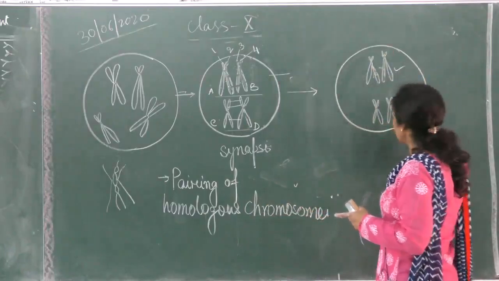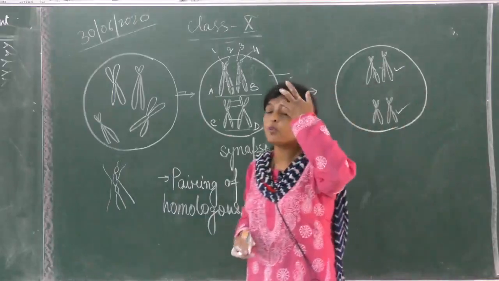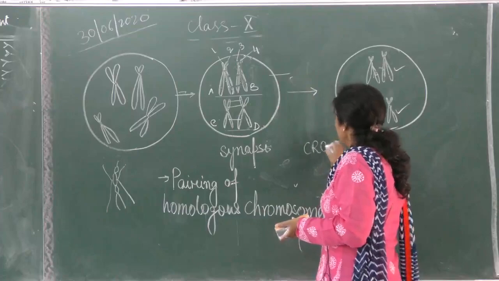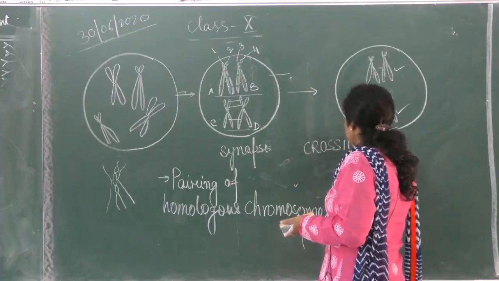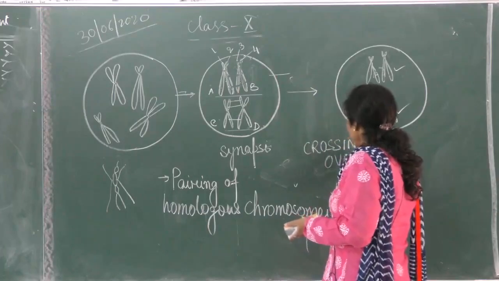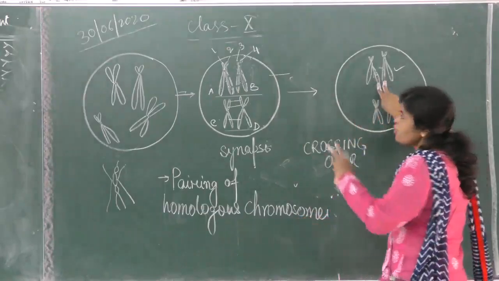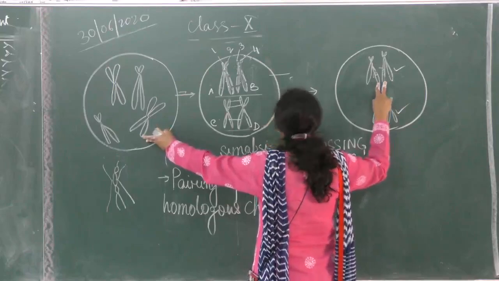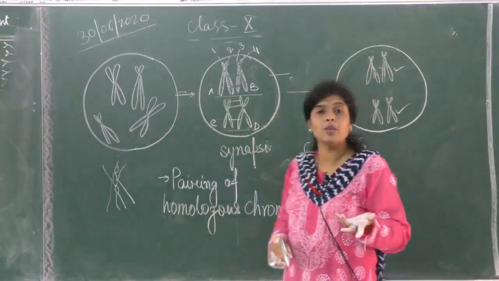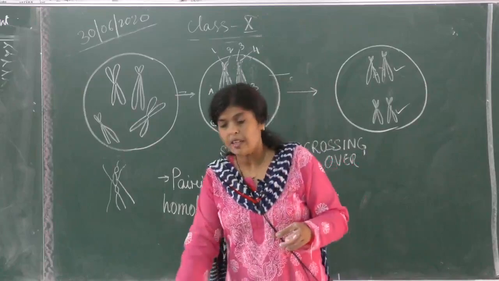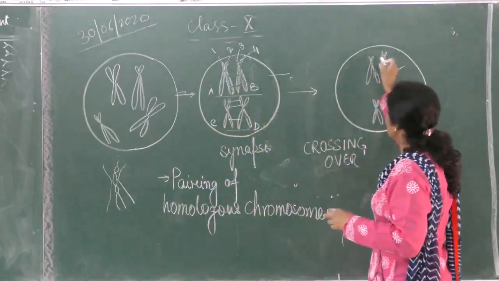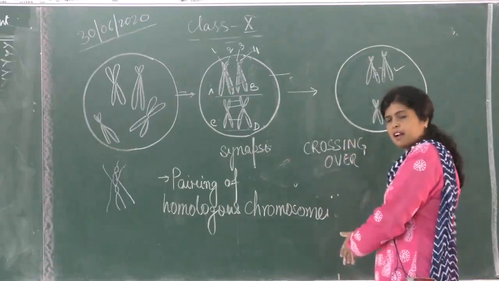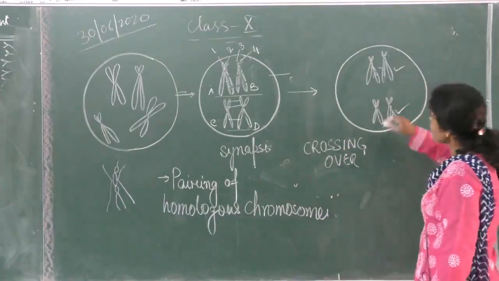So what is happening after the exchange is done? Exchange has taken place here. Exchange has taken place here. What do we call the process? We call the process crossing over. After the crossing over process has taken place, is it all right? So the genes are no more like the original genes. Why? Because the chromosomes are no more like the original chromosomes, because now the chromosomes have exchanged their genes at certain places. This pair, this means all 23 pairs have done this. Is it all right? Now after this, what happens?